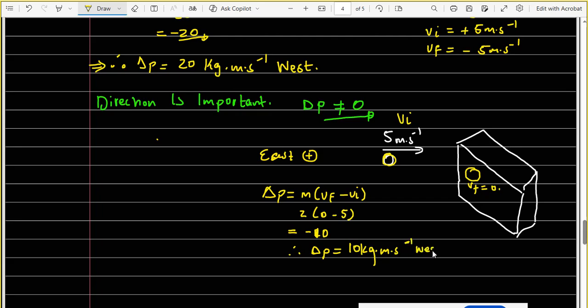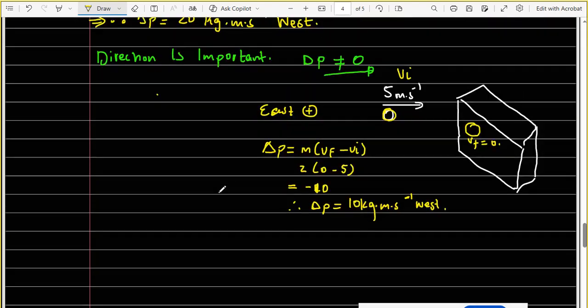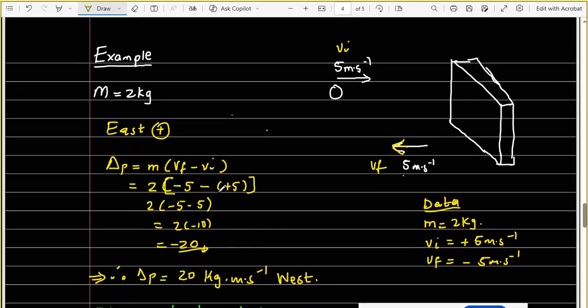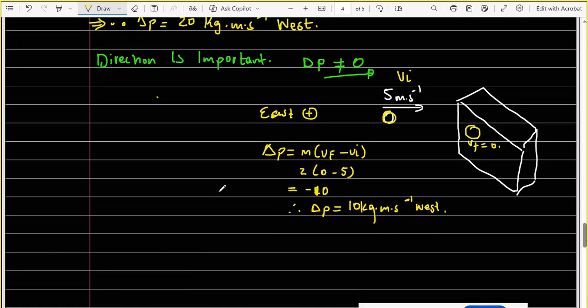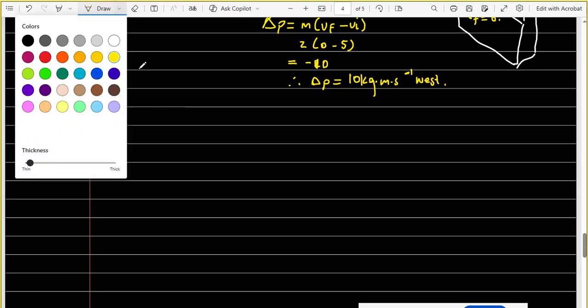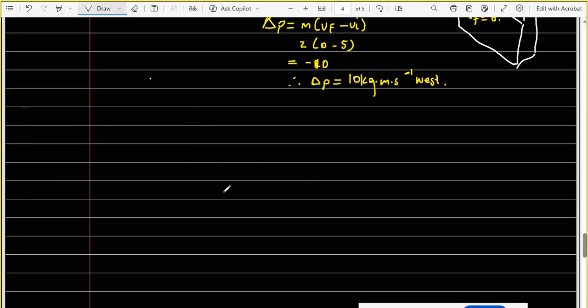So this type of question, you must expect it in multiple choice, because they might ask you which one will have a greater momentum: when the ball hits the wall and rebounds, or when the ball hits and sticks to the wall. Then they'll give option A, option B. You understand what I'm trying to say? Yes, sir. Okay, so to conclude this, in collision, the change of momentum of an object that rebounds